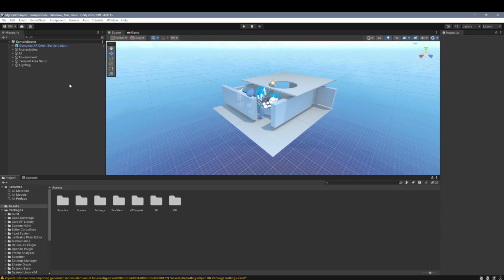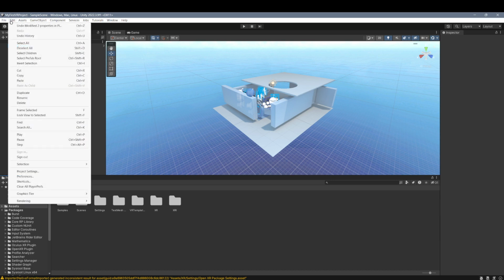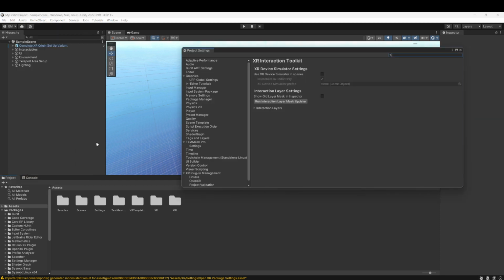To set up your project settings for VR development, first navigate to the ribbon in the top left of the editor. Then select the Edit option. In the drop-down that appears, select the Project Settings option. In the Project Settings window, make sure to go to the left list of options and then select XR Plugin